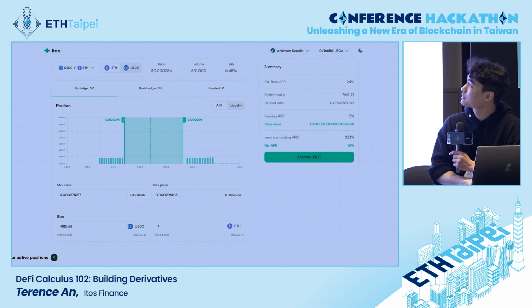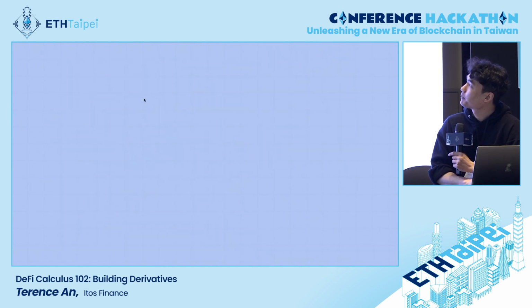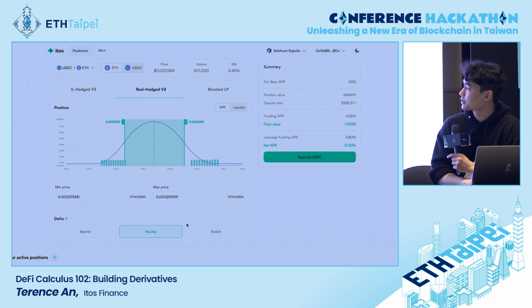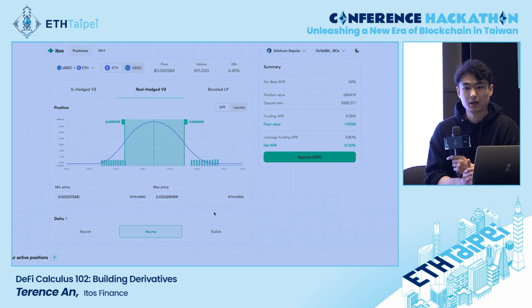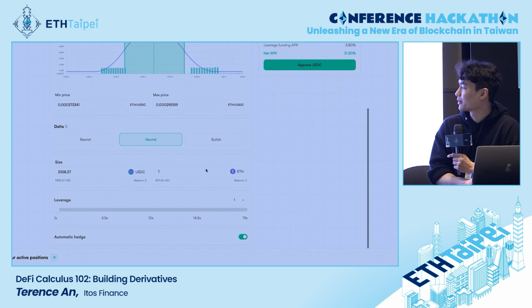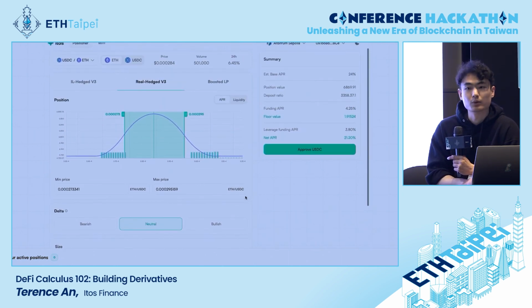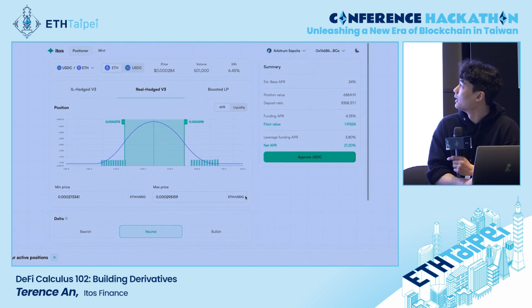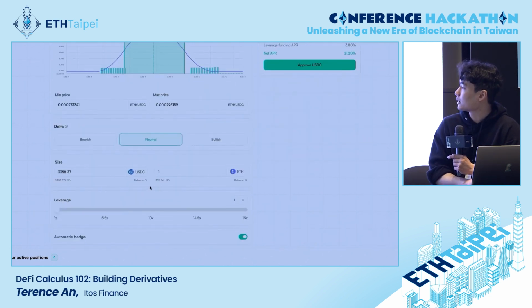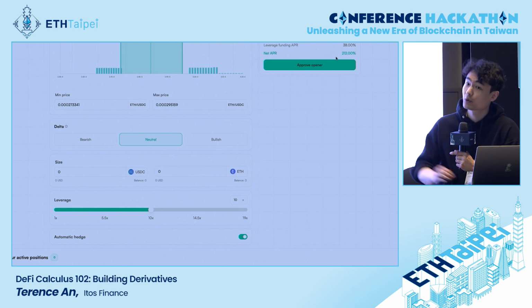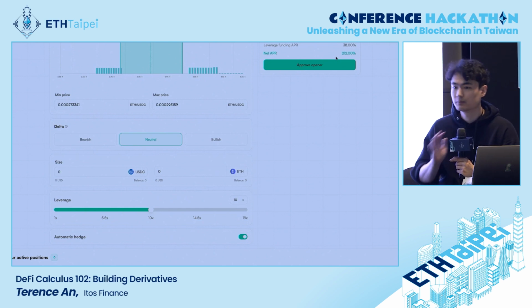So what we can do is you can go to Ethos right now and get your IL hedge position, your real hedge position. It feels a lot like Uniswap. And we really just wanted to make a very degenerate version of Uniswap. Don't worry, the leverage bar is right here. For this pool, you can only go up to 20, but it depends on the pool. Maybe we'll redeploy at some time. And you can see that once you jack up this leverage, let's say to 10, you get 210 APR instead of whatever. But of course, the IL risk is higher. So nothing comes for free.